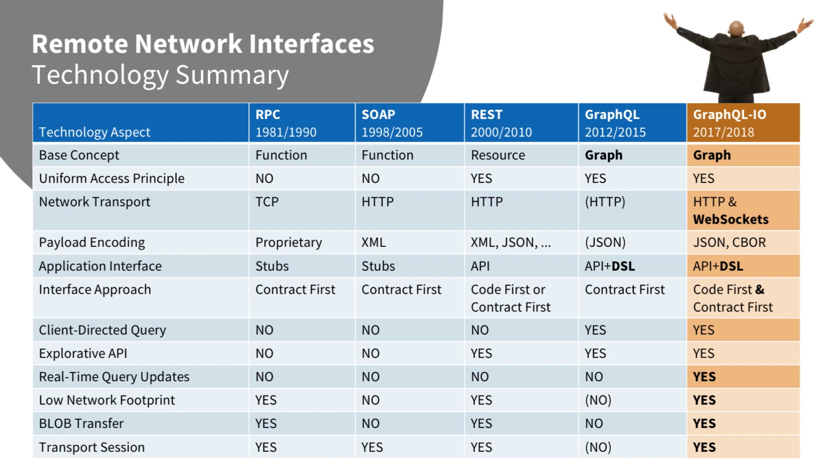The point, if we just compare this here, the base concept for RPC and SOAP was more or less a remote procedure, a remote function call. So the function was the base concept. REST changed this onto resources, and GraphQL is also more or less on the resources level. The resource is just a graph of arbitrary things. In our example, it is the nodes where the domain-specific entities and the edges in the graph were the relationships